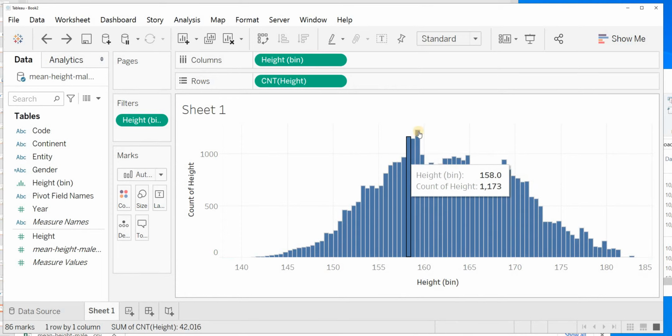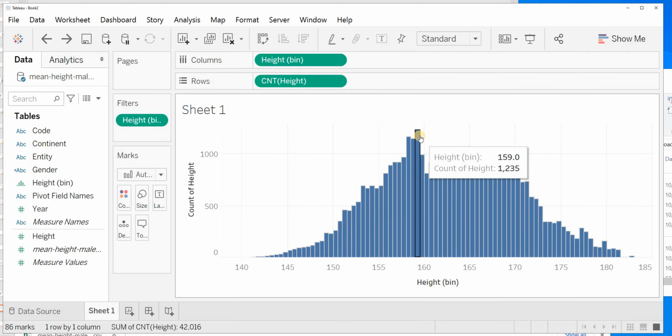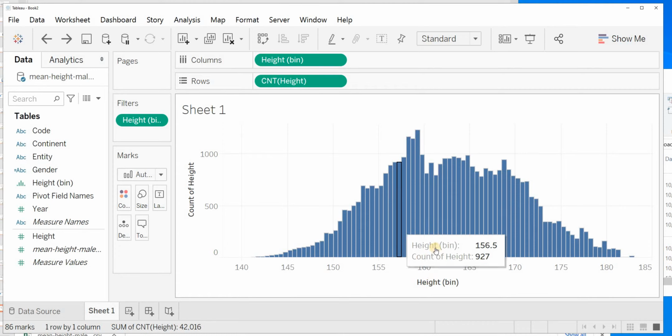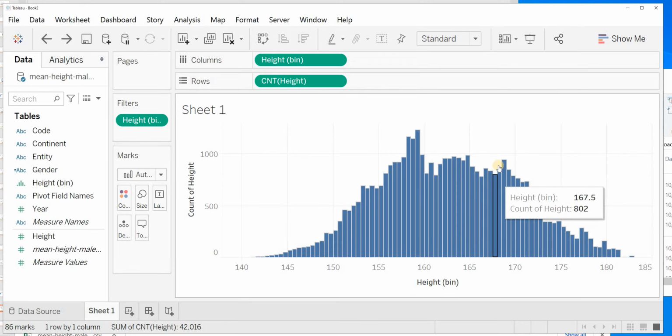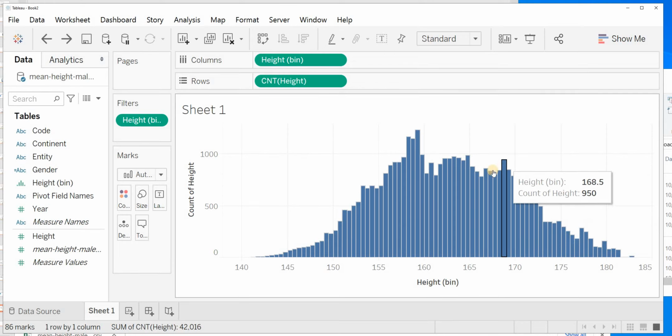We definitely have a peak here where our modal category occurs, and we do have a single mode. But the other thing that I observe in the data is that we have a peak here in the 162 to 165 range, and another discrete-looking peak down here around 167 up to about 169. So when you see multiple peaks in your data set like this,